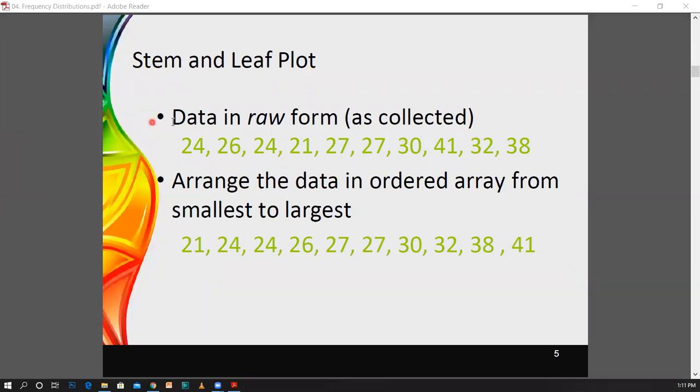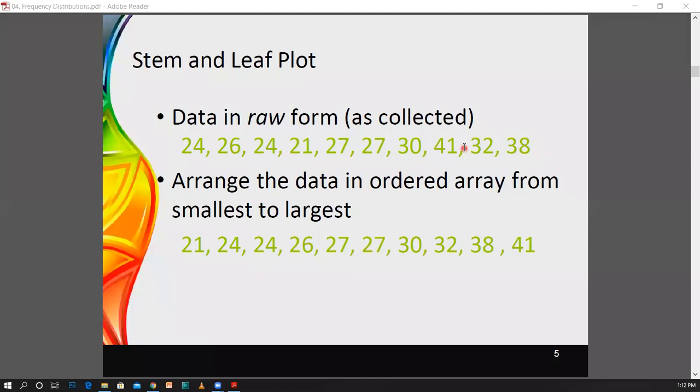First, this is the raw data format that we have. Raw data means the data as it is in the collected form. If you look at this set of data, you can have several data points: 24, 26, 24, 21, another 2, 27, 30, 41, 32, and 30. If you need to construct a stem and leaf plot, what you have to do first is to